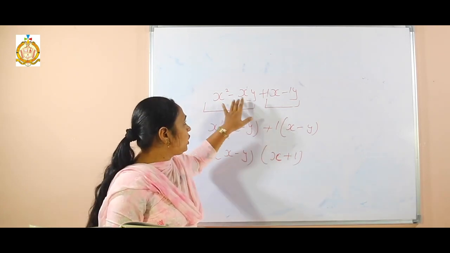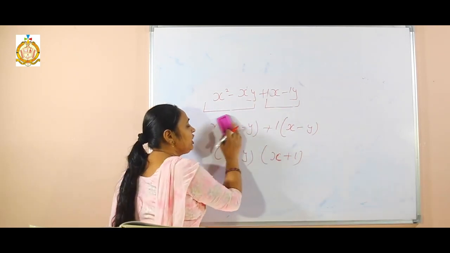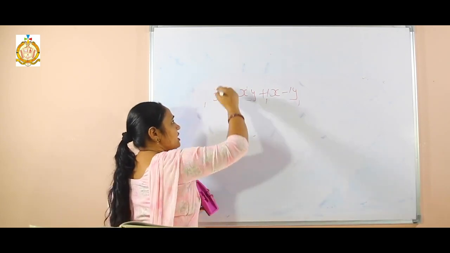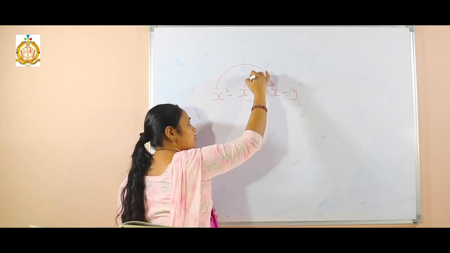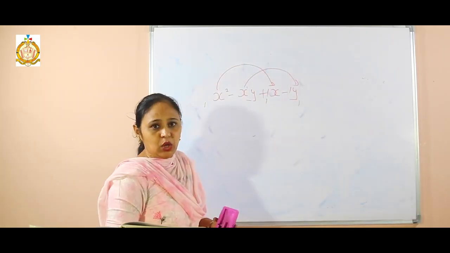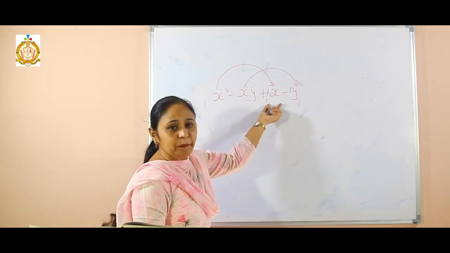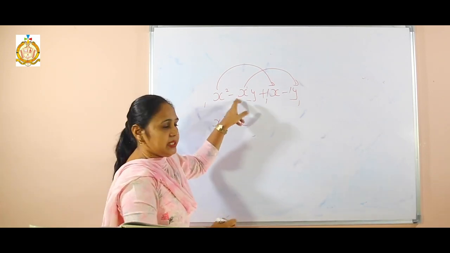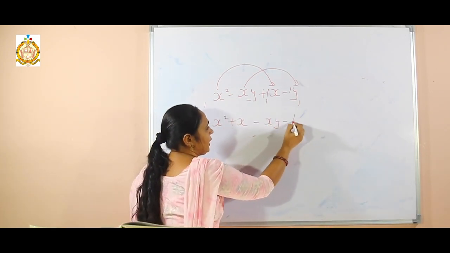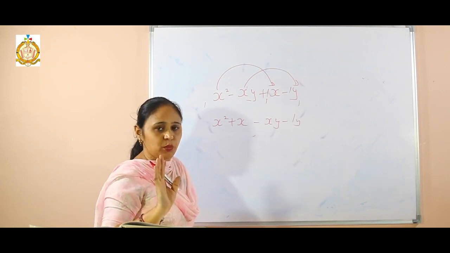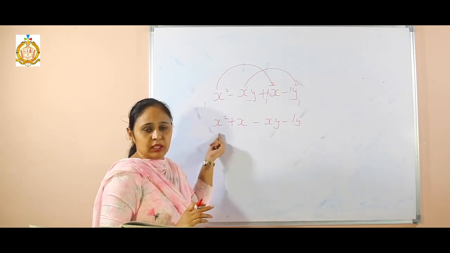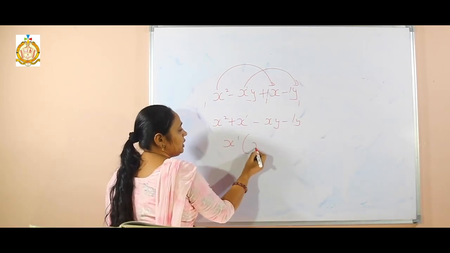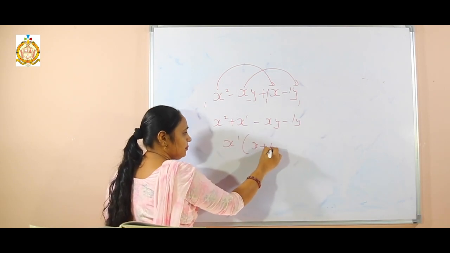If you don't want to make the groups of 2 and 2 and 1, 1, then I will interchange this group. You can do any method. I make this first value group with this x and this value group with this one. Now see, I take x square plus x in the one group. Then there is minus xy and minus 1y in the other group. I prepared the groups. Now see, what is common here? X raised to power 1. I take x raised to power 1. Here left 1, there is nothing.